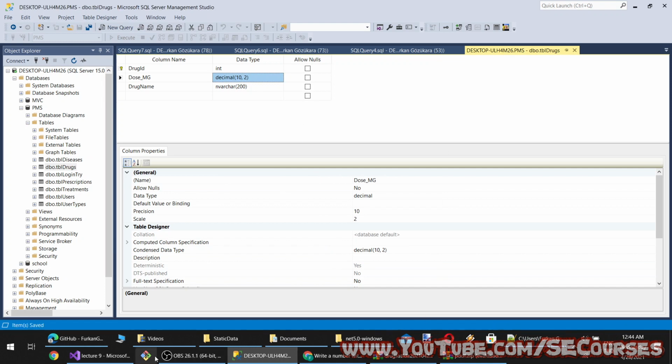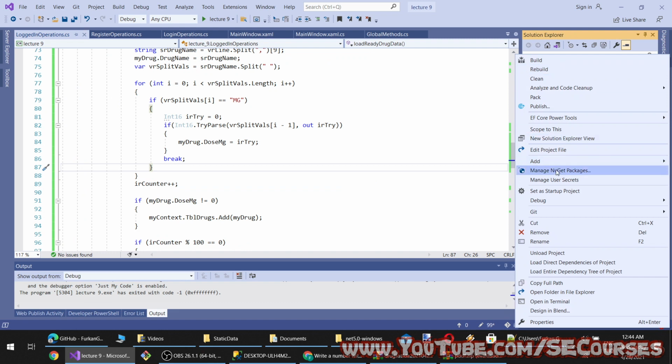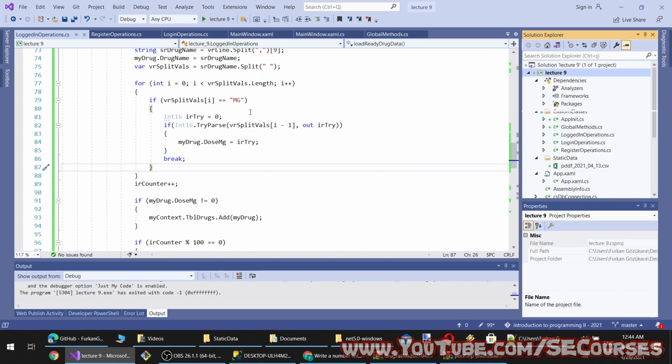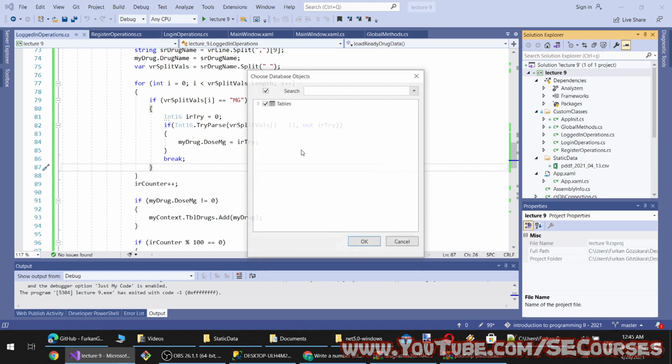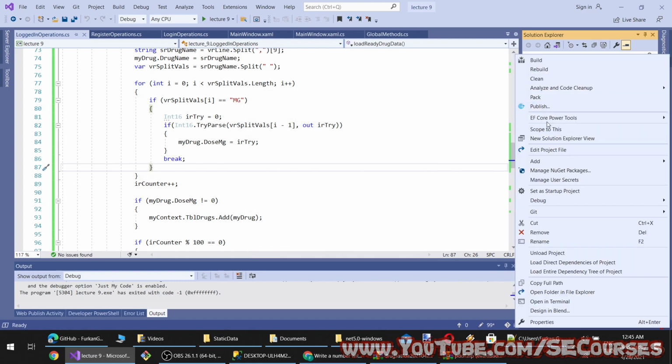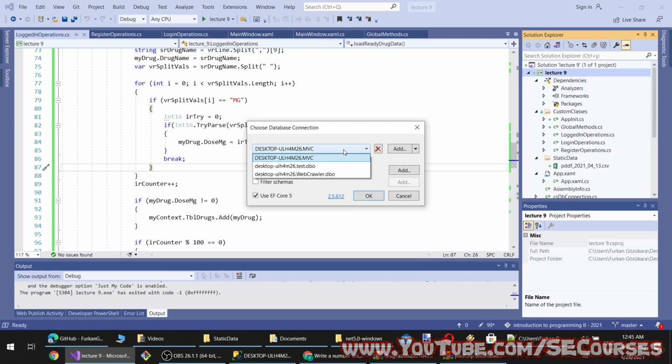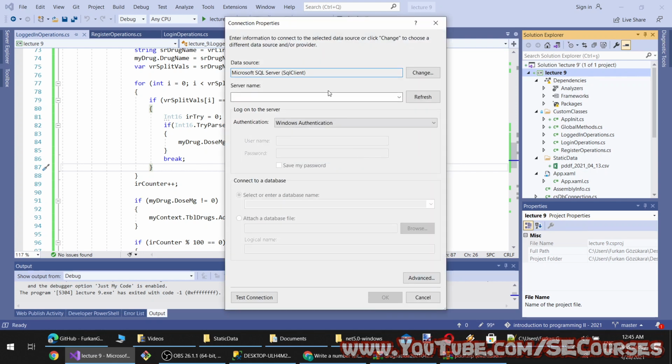And after we save, okay, we need to change our references as well. So let's reverse engineer. Okay, it will cause us some other type changes as well. Okay, this is not the correct database. It is from my other lecture. Okay, I need to add a new database.